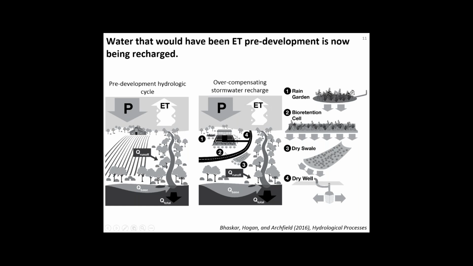For the case that we're looking at, if this watershed had been developed without this newer type of stormwater control measures or green infrastructure, a more conventional type of urban development, we would expect an increase in this runoff component,